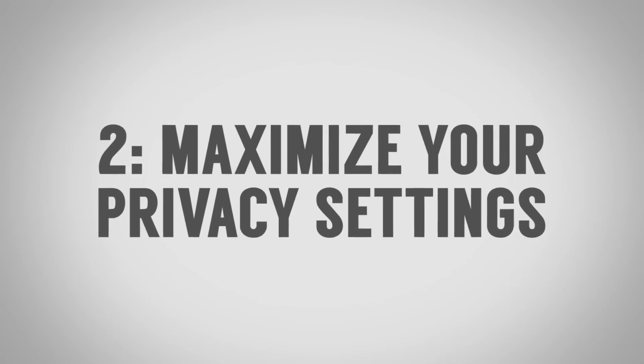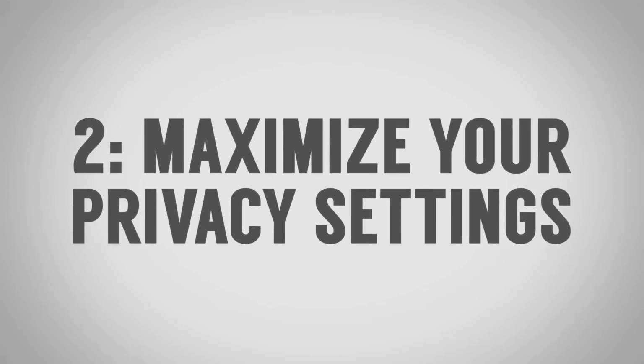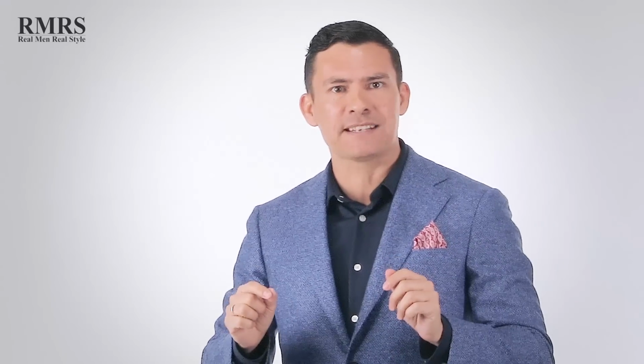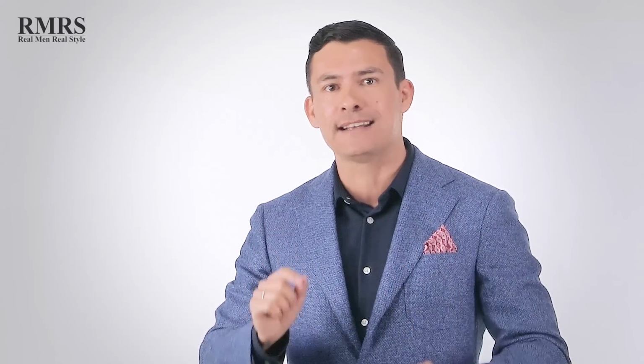Tip number two, set your privacy settings to the max and make it so that people can't tag you in photos. I know when I mentioned that earlier, some of you were saying, well, I want to be notified whenever someone tags me in a photo because I want to make sure it looks good. Well, how about you just don't let them tag you? Are you going to lose out if that doesn't happen? How about setting it up so that random people can't request to become your friend? Sure, it feels good when some attractive woman you don't know sends you a friend request. But really, what good is going to come of this, especially if you're a married man? Be careful of those yellow flags and avoid them by simply setting your privacy settings to the max.